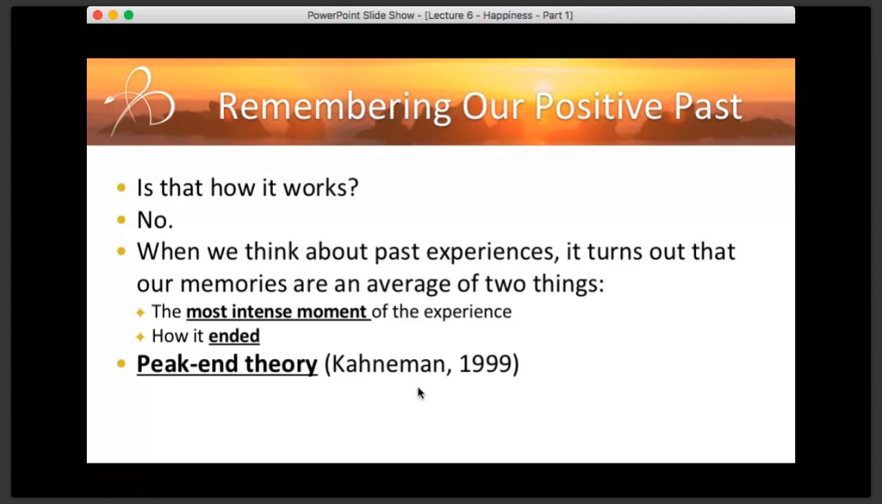This reality is immortalized by Daniel Kahneman's peak-end theory. He's the first one to measure this and notice this. Genius of all geniuses that he was. So brilliant. And it makes sense if you think about certain